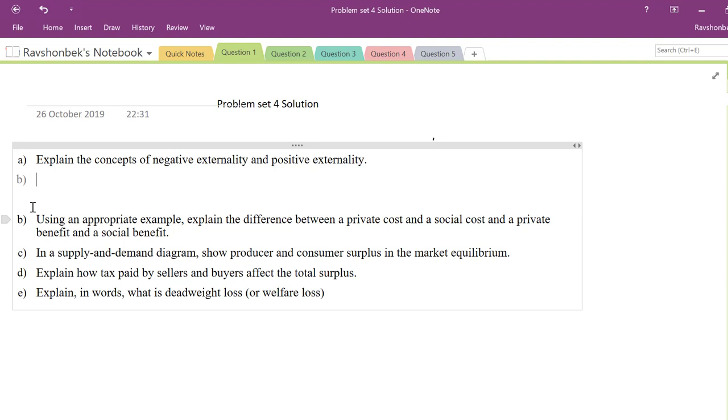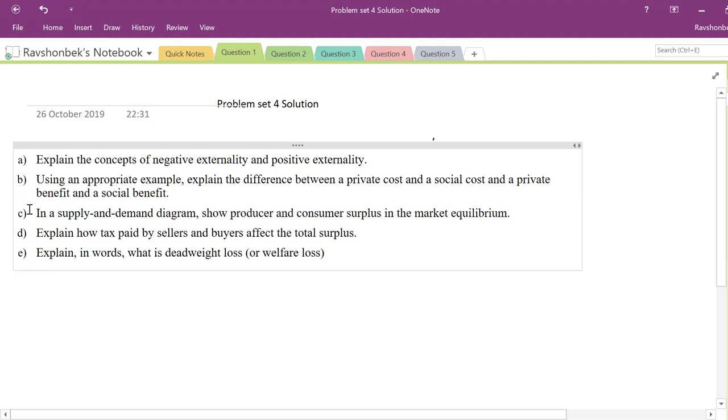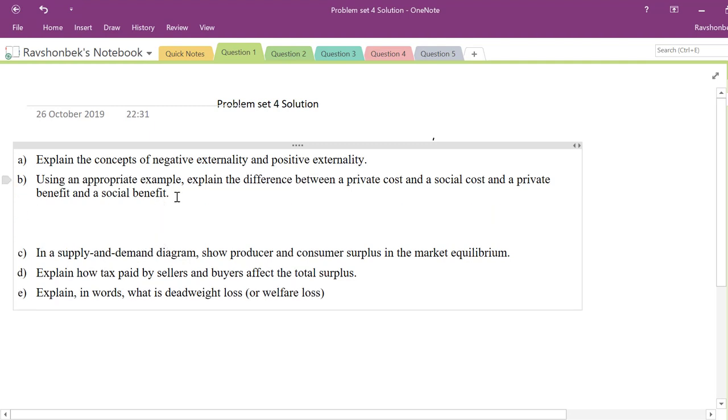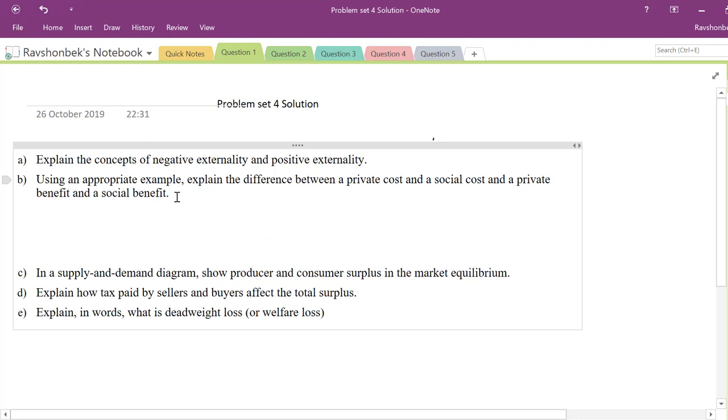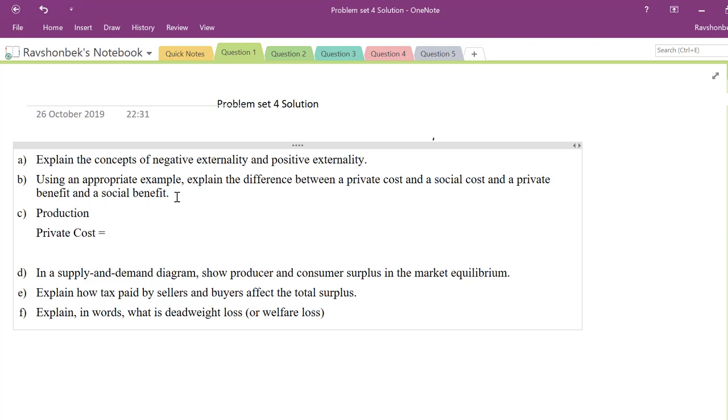Now moving on to B. Using an appropriate example, explain the difference between private cost and social cost, and private benefit and social benefit. Now I think it's best to demonstrate it by typing. So let's start with private cost first. We'll start with production. Private cost of production is basically the